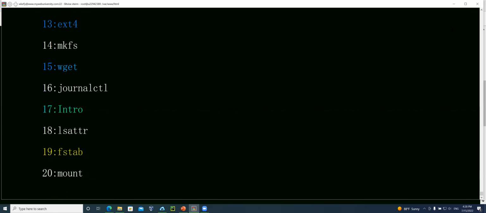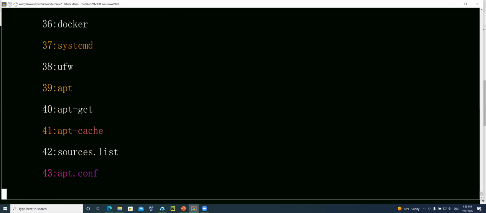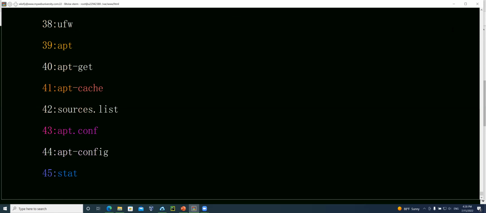pwck, grpck, type, ext4, mkfs, wget, journalctl, intro, lsattr, fstab, mount, pgrep, umount, pkill, pmap, gunzip, pstree, grep, egrep, fgrep, setenv, services, env, curl, figlet, docker, systemd, ufw,